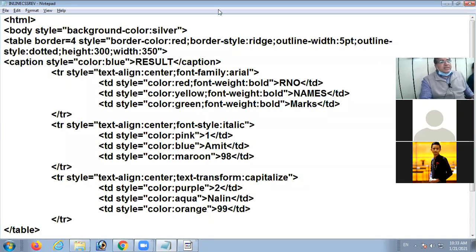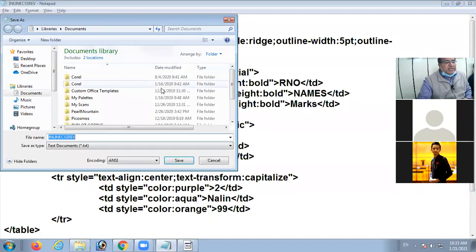Okay. So let us now proceed with the internal style sheet. Now, what is the difference in inline and internal? When I am using inline, as in front of you now, I have taken style as an attribute. But when I am taking internal style sheet, the style will become a tag.